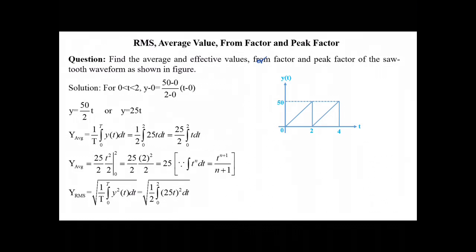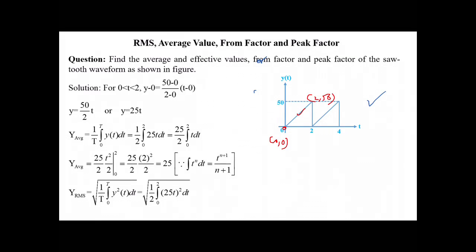Question number 2. Find the average and effective value, form factor and peak factor of the sawtooth waveform as shown in figure. So we need to calculate the average value, effective value, form factor and peak factor for this waveform. So first of all we need to find out the value of y. Here we can see the coordinate of this point is 0, 0 and the coordinate of this point is 2,